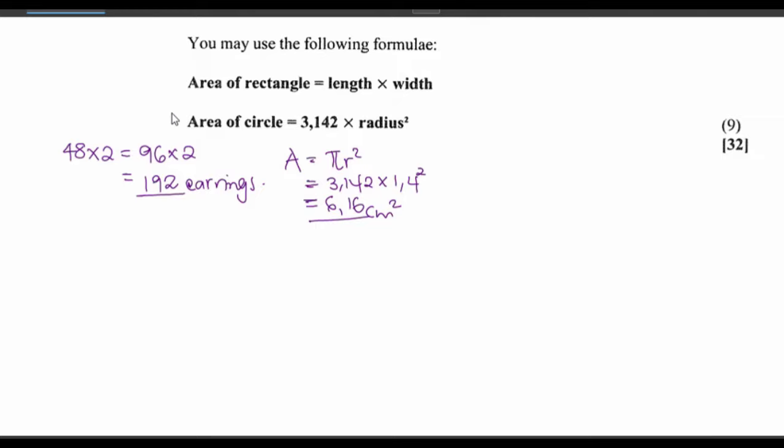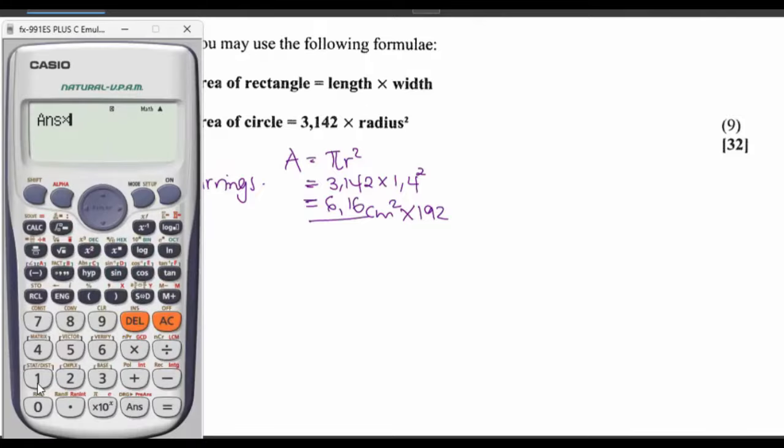We need 96, but they're going to be covered on both sides, which means the area is going to be times 192. Let's do that. Total area to be covered now, times 192. So we have